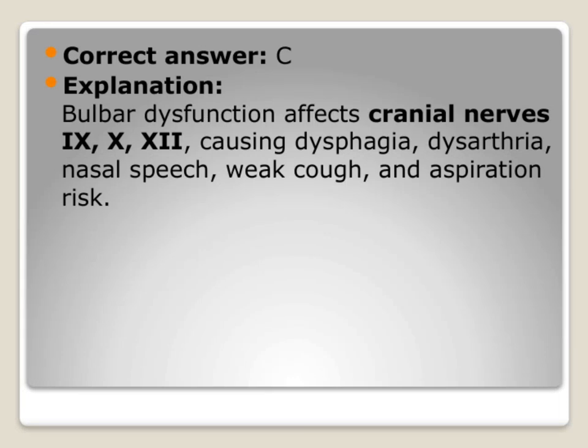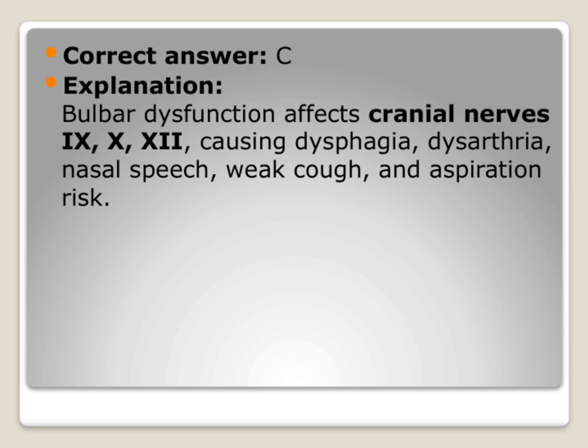In this case, we're dealing with bulbar dysfunction, which primarily affects the cranial nerves IX, X, and XII. These nerves are crucial because they control many functions related to swallowing and speech. When these nerves are impaired, it can lead to several issues such as dysphagia, which is difficulty swallowing, and dysarthria, which affects speech clarity. You might also notice nasal speech, where the voice sounds nasal due to improper closure of